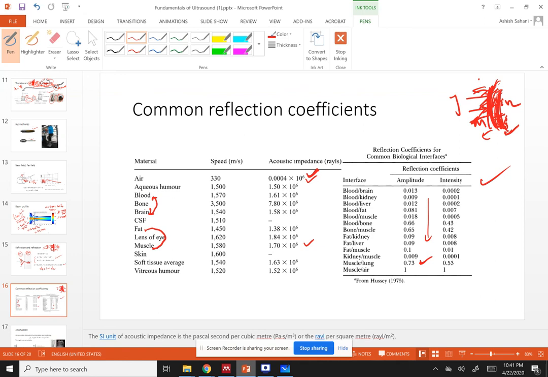Okay, so using these values, you can determine how much a particular structure will be visible, and how the overall intensity of ultrasound will get attenuated as it passes through different media or transitions of media. Because in the body there can be skin, then fat, then muscles, then blood. So there are multiple layers through which ultrasound passes. At every layer there are some reflections and some transmissions. If the reflections are very strong, that layer will be very clearly visible, but the layers below it might not be very clearly visible because all the ultrasound got reflected.